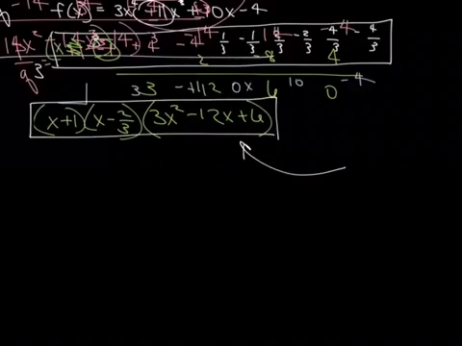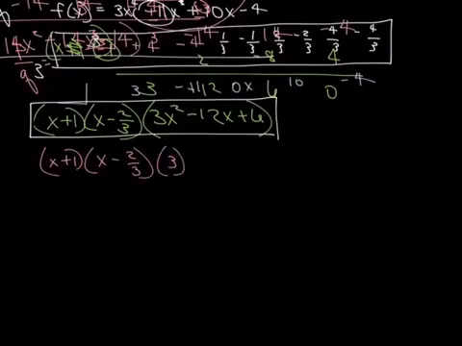So factor out a 3 and then use the quadratic formula. When we do that, we've got our x plus 1, our x minus 2/3, factored out a 3, and we've got x squared minus 4x plus 2. Use the quadratic formula for that guy, and we end up with